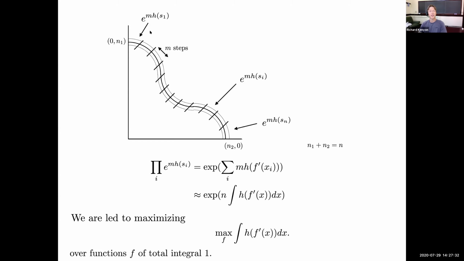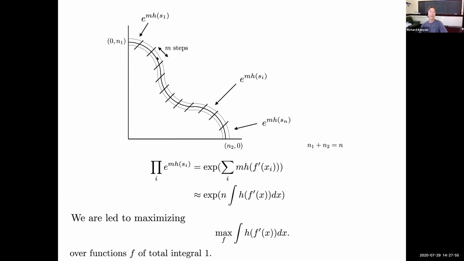Then I'm going to chop up the curve into pieces of width m, and on almost all the pieces, my original curve is roughly linear, and so I can approximate the number of